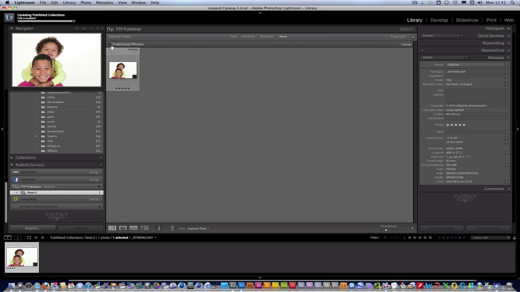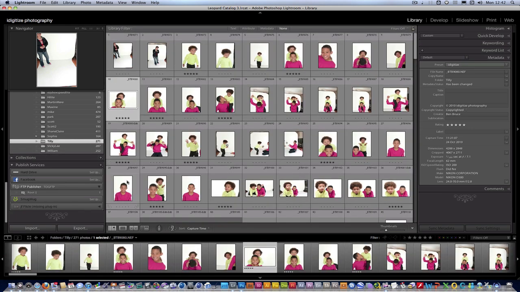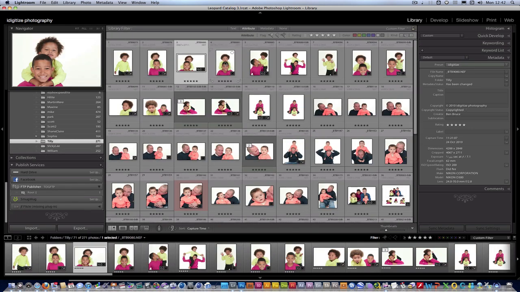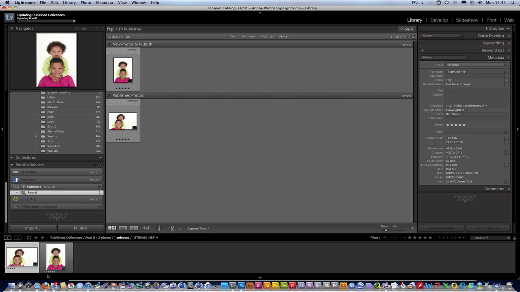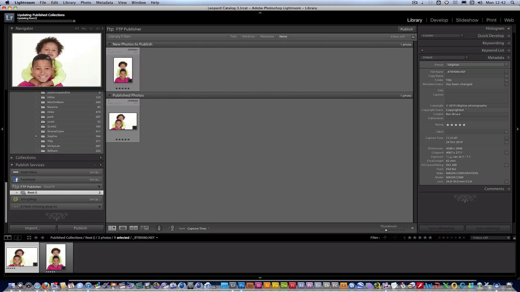Okay, so that's done, and now this is into published photos. So if I was going to find some more pictures, let's just drag this one there as well. If I click there now, you can see we've got new photos to publish and ones that were already published. So if I'm going to publish that one as well, and while that's doing,